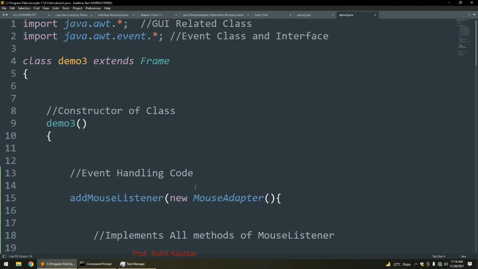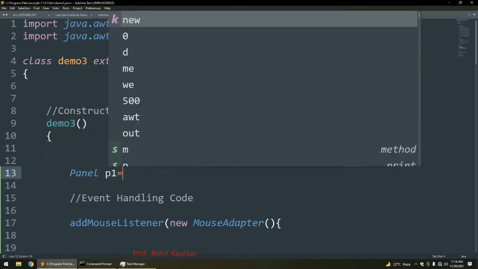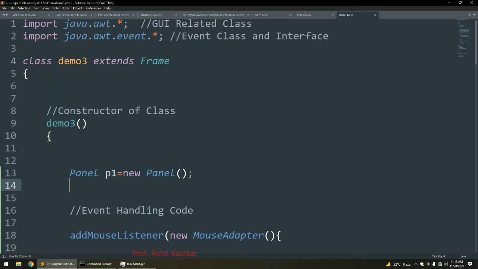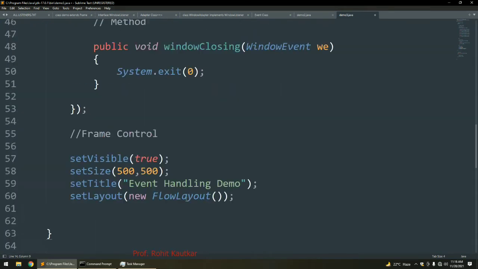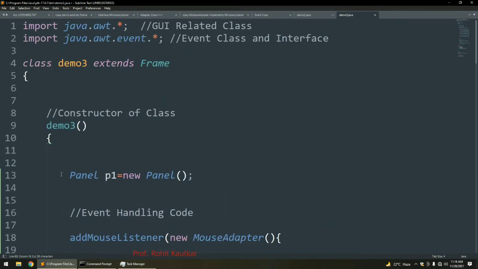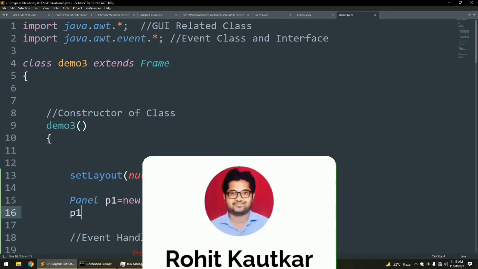Now mouse entered and mouse exit. For that, let's assume one panel over here. I will use one panel: Panel p1 is equal to new Panel. And I will set its size. To do that, I will set layout as null, so I will be able to set a certain size for this panel.